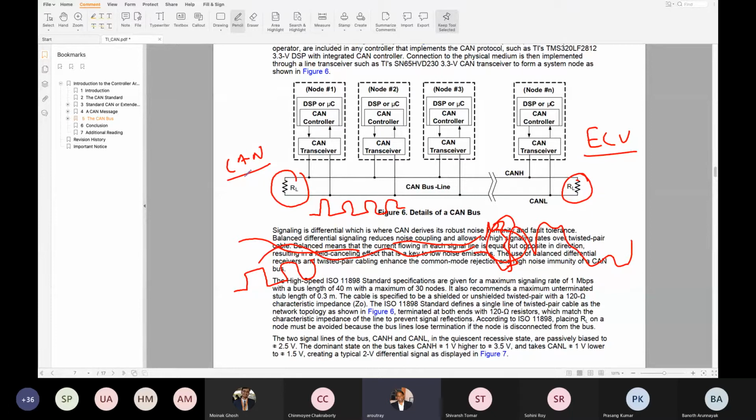If you want to have a startup, suppose you want to make ECUs for automotive, just the climate control. You know what is climate control? Chinmay Chakraborty, do you know what is climate control? Chinmay? Yes, sir. Where is your video? What is climate control? There is air conditioning, temperature control. What is climate control? What do you think? Think about it.